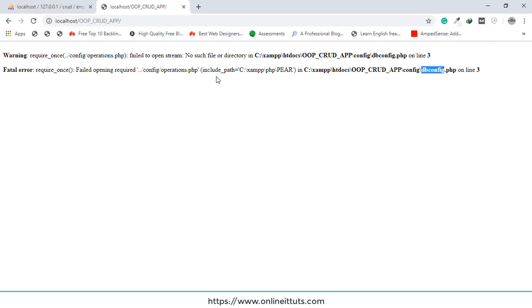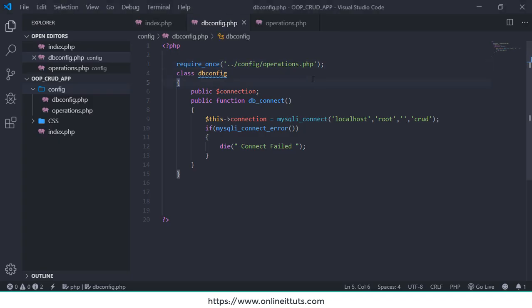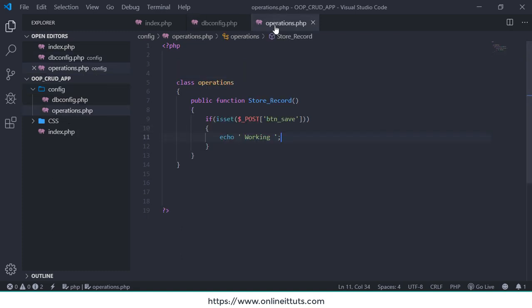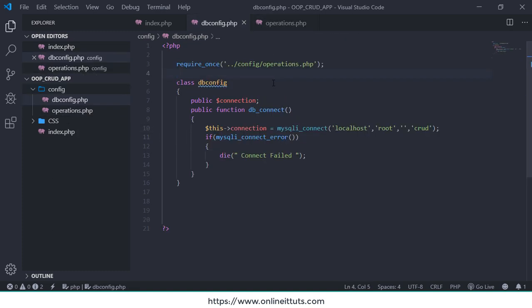Just a minute, guys, I check that. If you config operations.php, the file is available. Why did I see this problem? Okay, just a minute guys, I use a single dot, and also I think I need to include this one